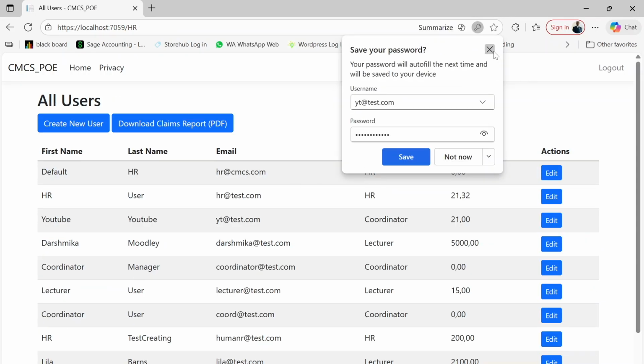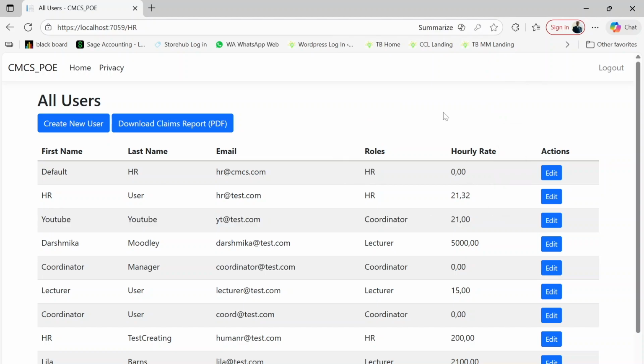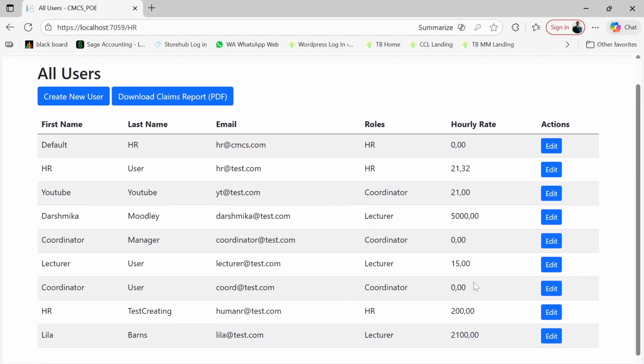And then yes, you see that they were added in, and as I said previously, HR is the only role that is able to create new users and is the one that can manage and edit all these